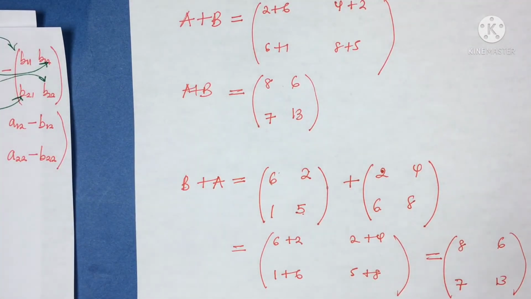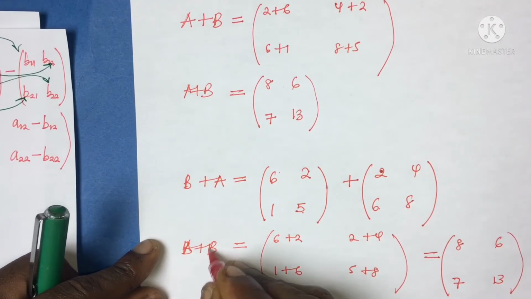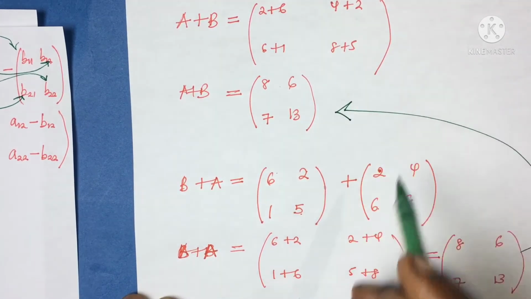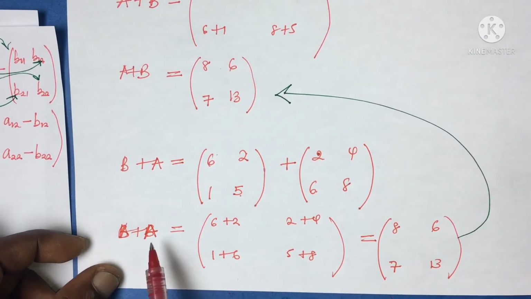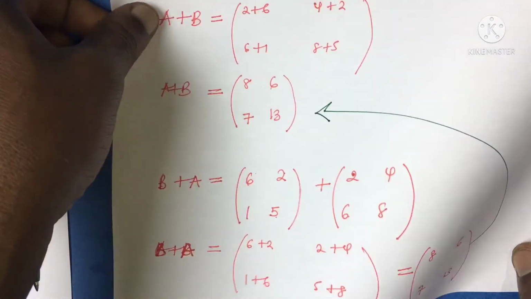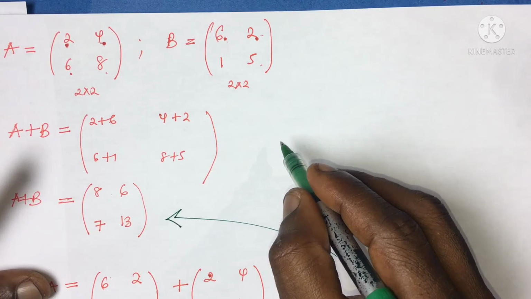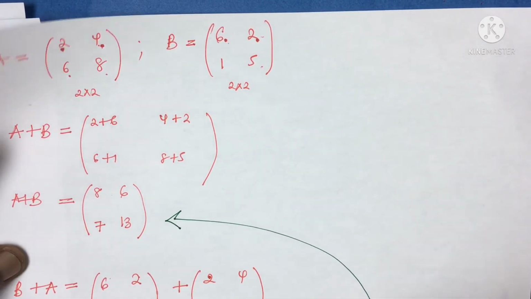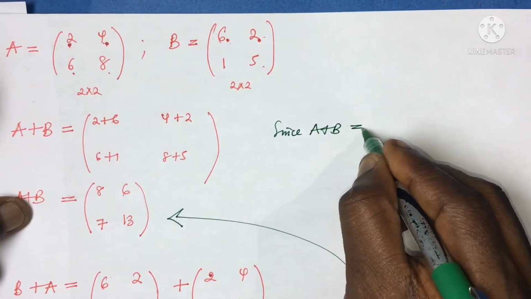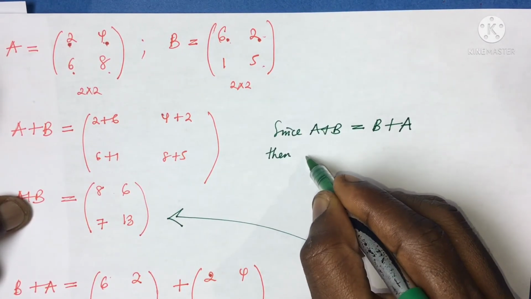Now note one thing about the two results we have obtained. This is the result for B plus A, and it is clearly equal to the result we obtained for A plus B. Okay, so the result we obtained for B plus A is equal to the result we got for A plus B. Now this establishes a property called commutative property. So what it means, because A plus B would always give you B plus A, since A plus B is equal always to B plus A, then we say